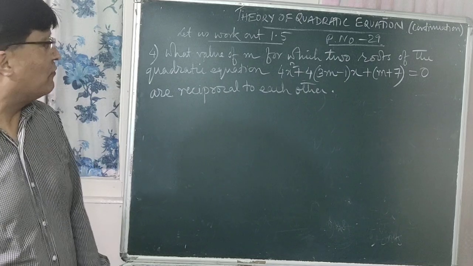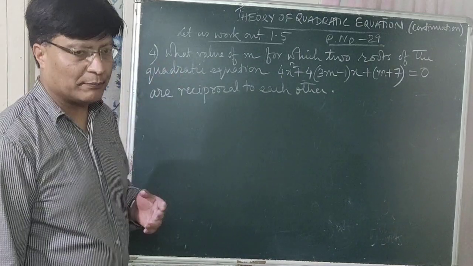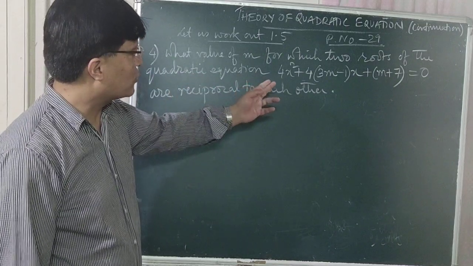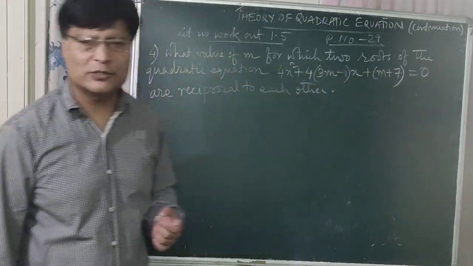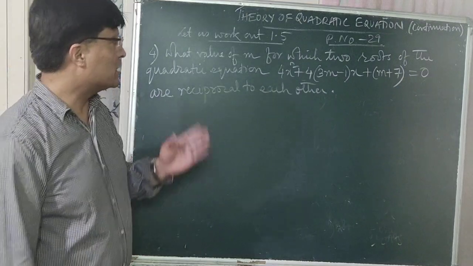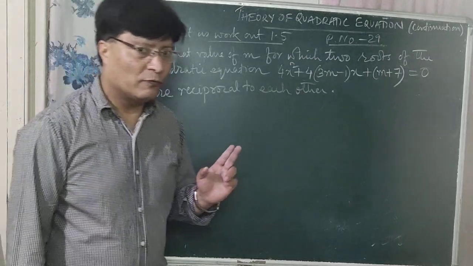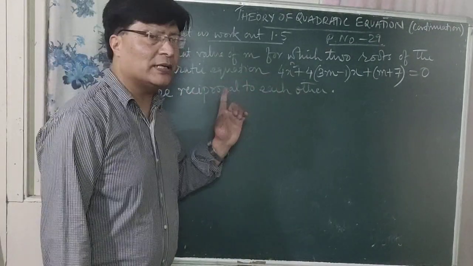Now in question number 4 you have to find out the value of m. What value of m for which the two roots of the quadratic equation 4x square plus 4 into 3m minus 1 into x plus within bracket m plus 7 is equal to 0 are reciprocal to each other. यसमा चाहिँ हामी के निकाल्छौं? You have to get the value of m for which the two roots of the given quadratic equation are reciprocal